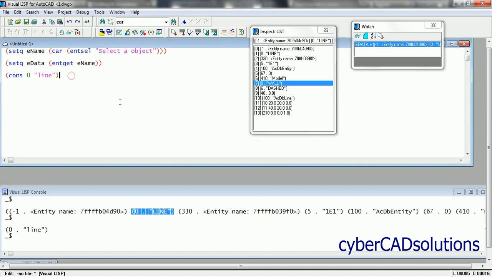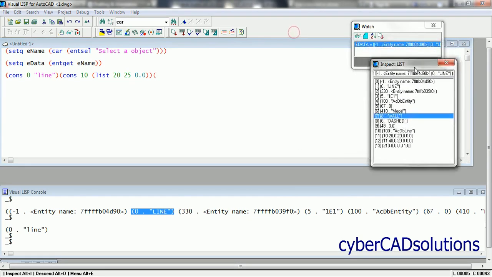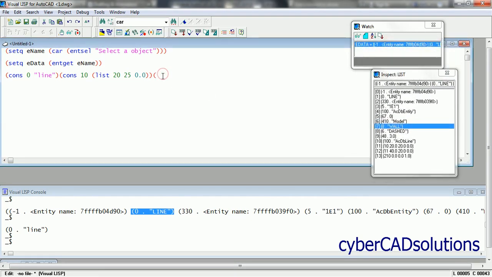So similarly, cons 0 for line. If you want to specify the start point, you can write like this, cons 10, and again a list where I want to give the start point coordinates like this, list 20 25, that is the start point, and z value as 0.0. Now close this list as well as cons, and then I am placing this over here. Now for the endpoint,